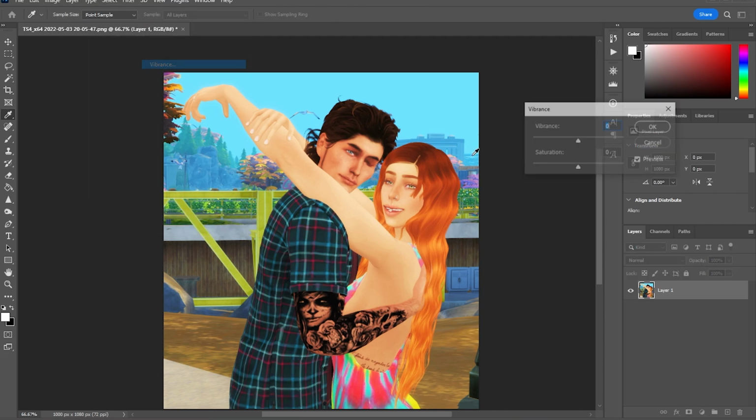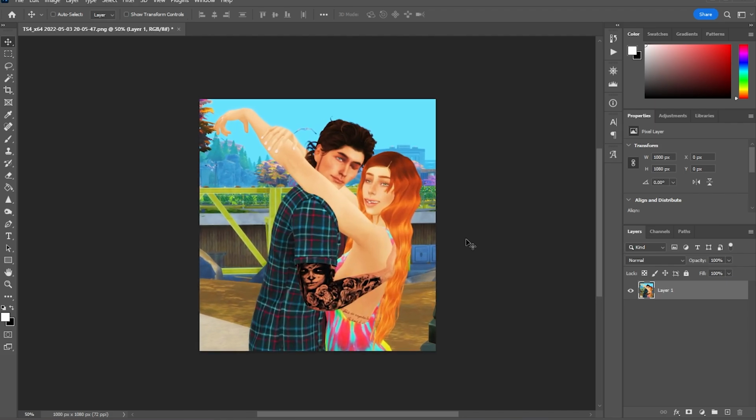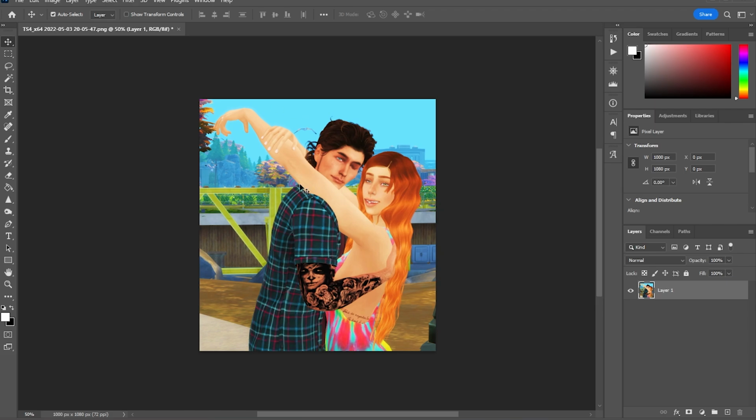I also tend to bring the vibrance up significantly, and then I usually just do a little bit of sharpening, not a whole lot, just a teensy bit on my Sims, just enough to make them look a little more detailed. You don't want to go too sharp because then your Sims get kind of pixelated looking if you do too much of a sharpen. So that's just kind of a basic edit. I'd probably do a lot more normally,